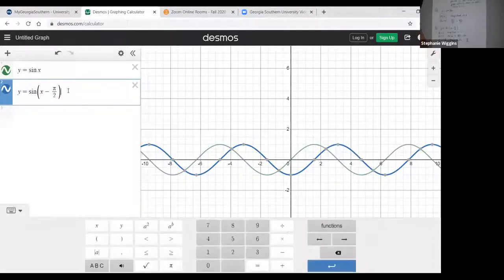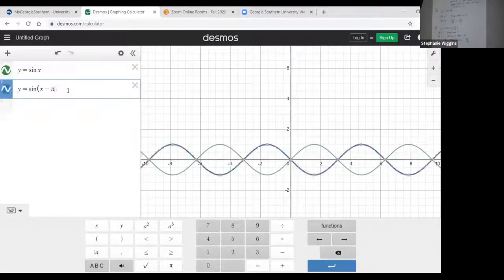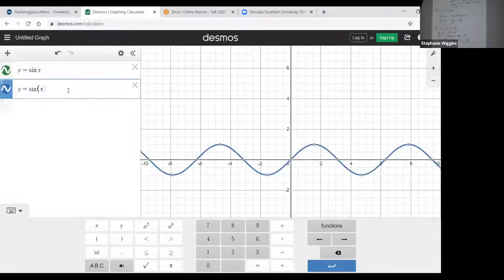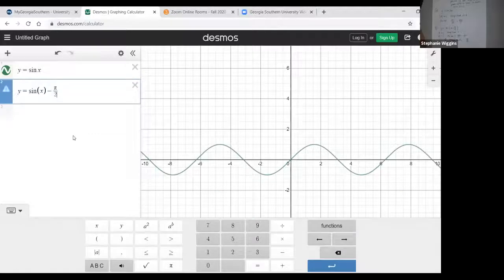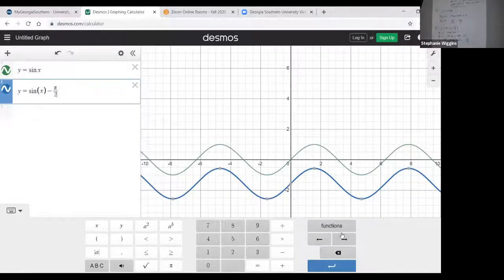Now let's watch what happens. I'm going to change it a little bit. What if I subtract pi over 2 outside the function? Okay, so there's my function. Now I'm going to subtract pi over 2 on the outside. You'll see what happens is it shifts the whole thing down. All right, and remember pi is about 3.14, so if you divide that by 2,